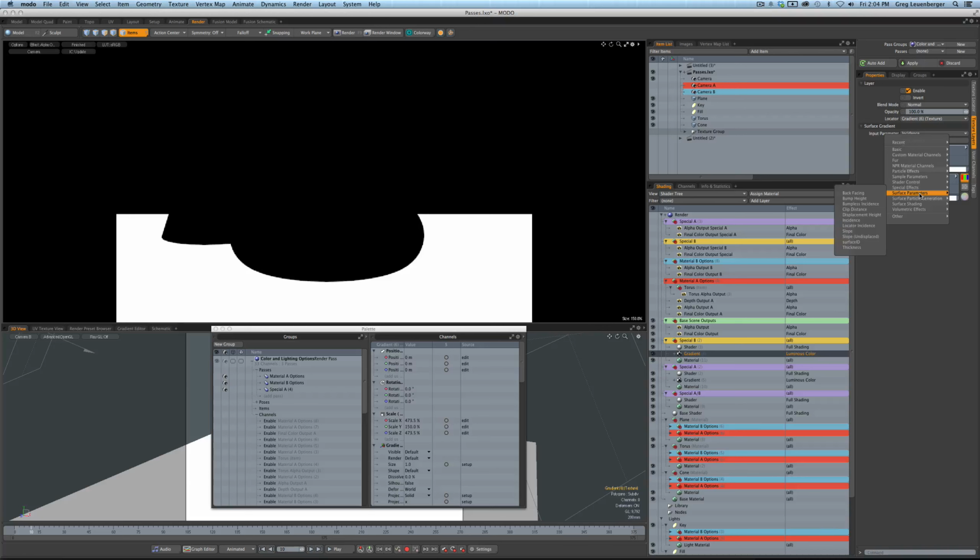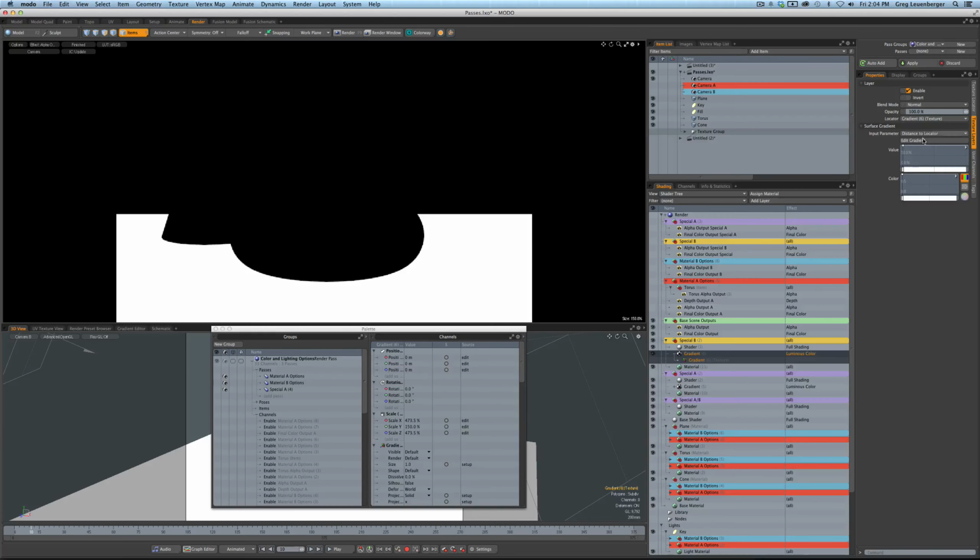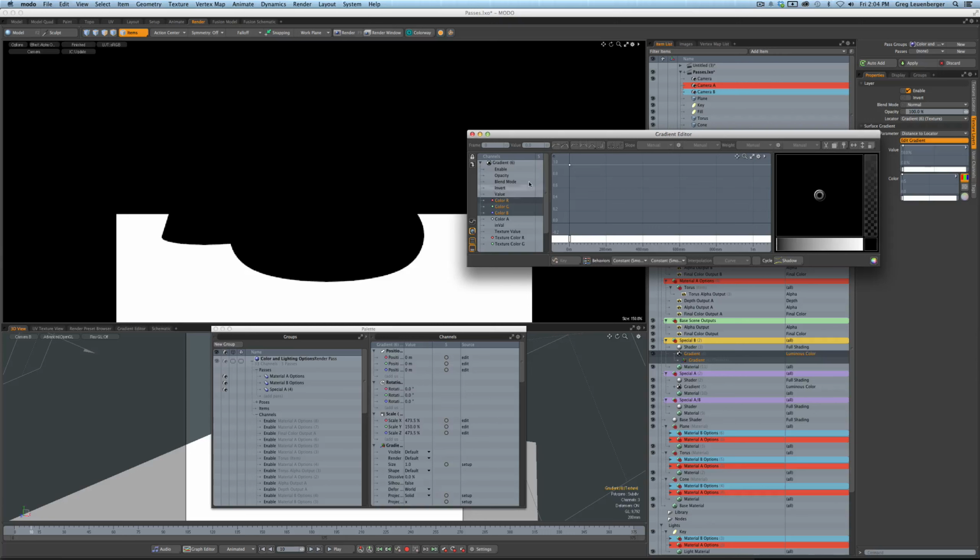Let's find that. So let's do surface shading. Nope, I think that's going to be in sample parameters. Distance to locator. The locator is just going to be the texture locator of this group right here. And so let's edit this gradient. We're editing the color of luminosity color. So when it's close, we want that, and when we get a meter away, instead of white,